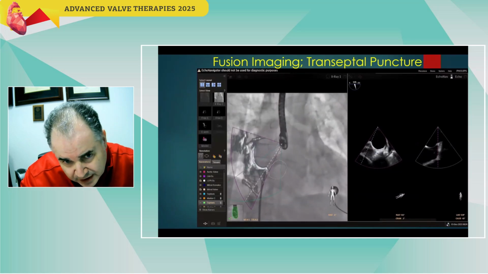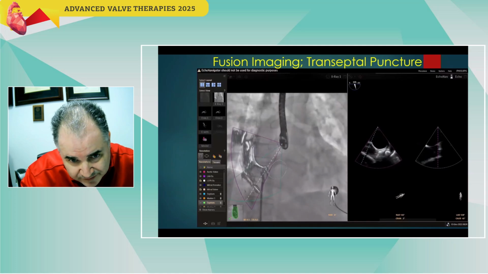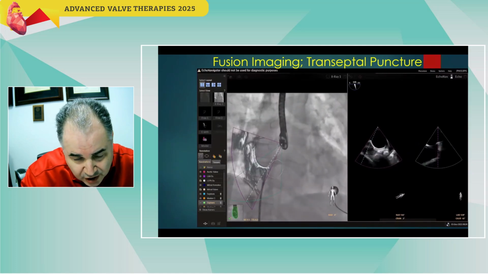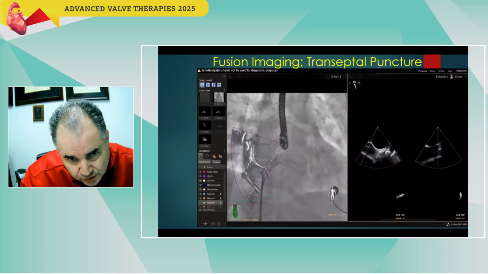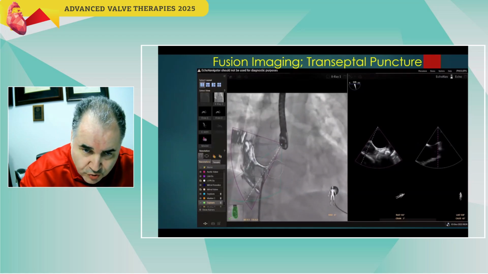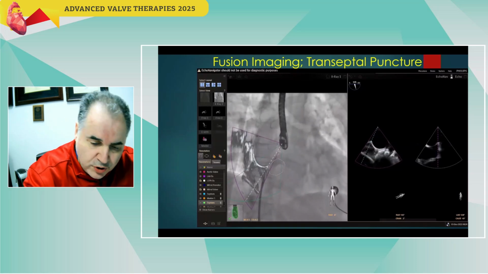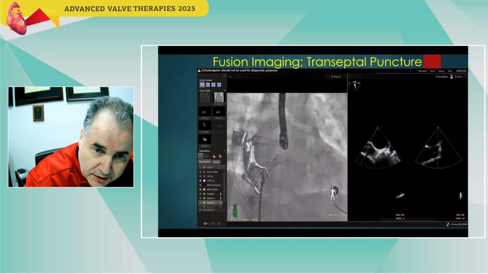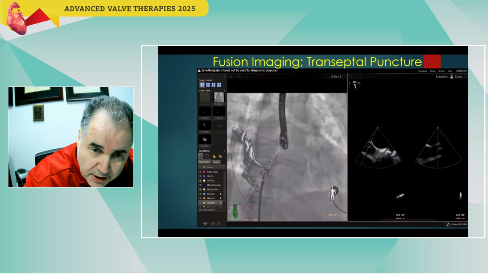So if you have a way to have the same image that you have on the echo screen on the fluoro, you can make it easy. The communication is very critical for this procedure. So having this fusion imaging makes it easier to communicate between the imagers and the interventionalists and surgeons who do